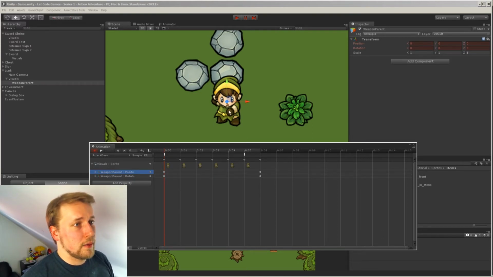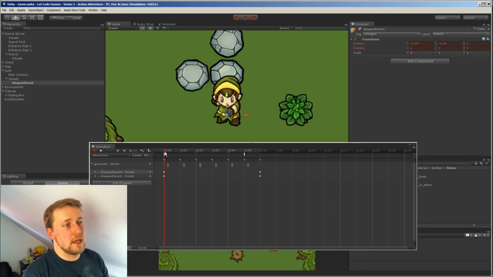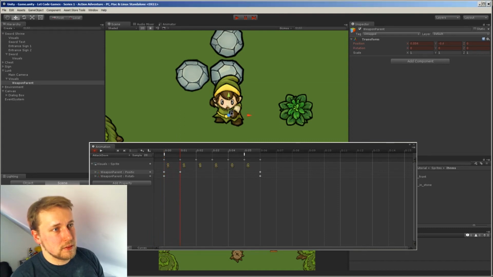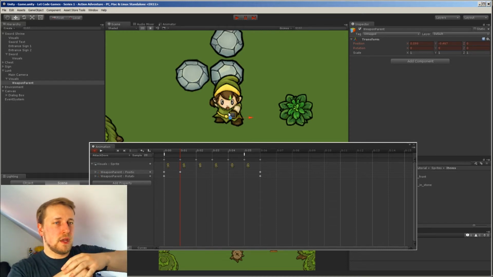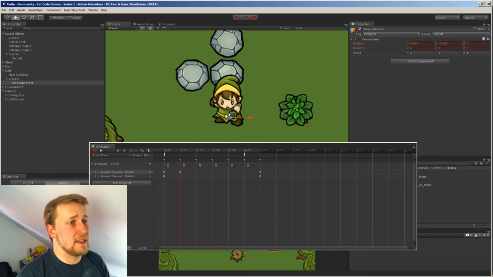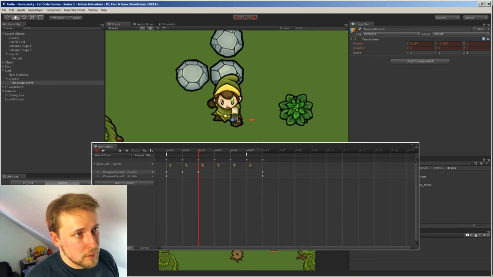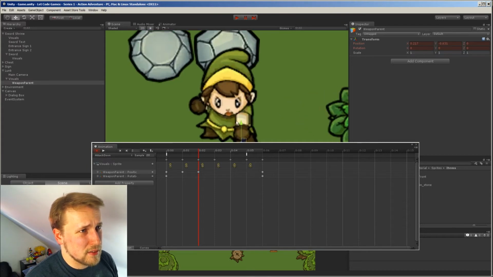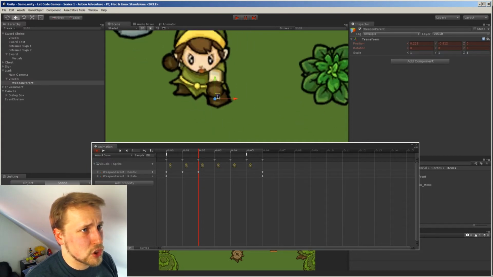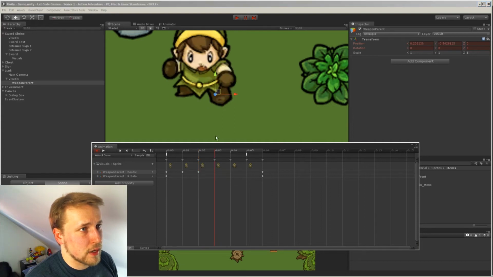For each frame we can set up the sword where we want it and animate it. I'm going to set this up to the very top of the fist, and then we're going to set up the sword in a way that its pivot is on the very bottom of the sword, so it gets attached correctly. So let's do this for one animation here. The position is pretty easy to set up because we can see pretty visually where the fist of the character is. This is not the case for the rotation though. The rotation is a little harder,